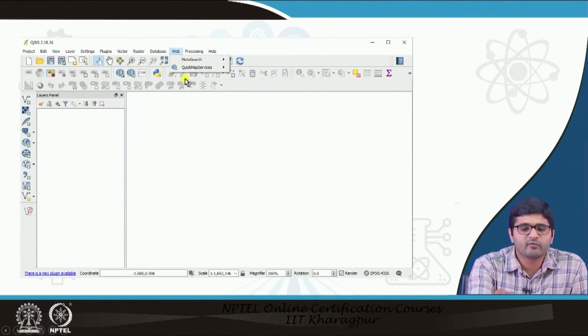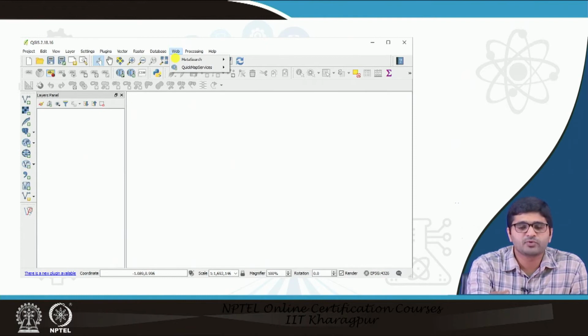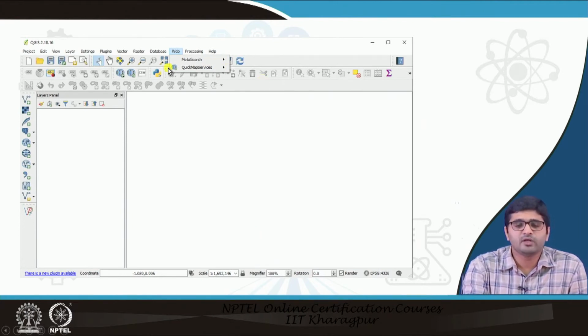And Database and Web, these two are majorly meant for connecting external databases. Suppose you want to see Google Earth satellite imagery as a base map, you can click on the QuickMapServices plugin and you can see it. Database is also similar: if you want to connect a PostGIS or any other database from outside QGIS, you can do it here.